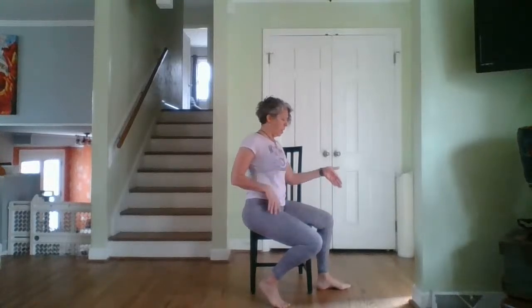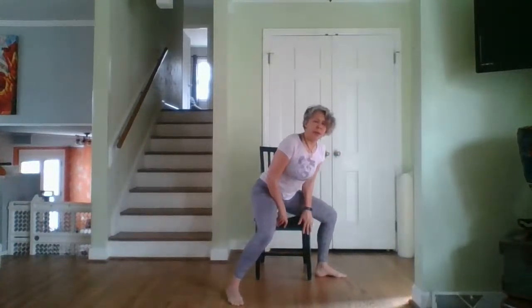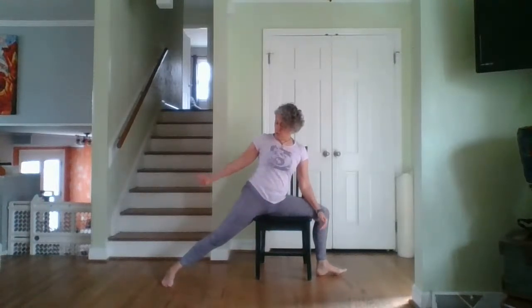So bring those knees back to the right. You want to have the right knee stacked over the right ankle and slide back a little bit. Bring that left foot as far as you can where you can keep the entire foot flat on the floor, the knee straight. If bringing it forward is as far as you have in your wheelhouse, that's fine. Ideally, you want to bring it all the way so that you are completely parallel to the front and back of your chair or the screen or whatever it is you want to utilize as a